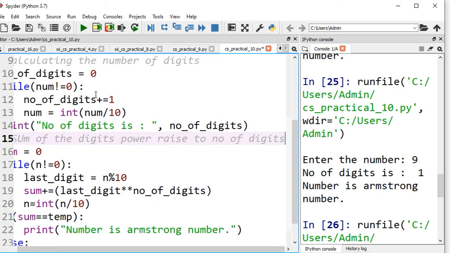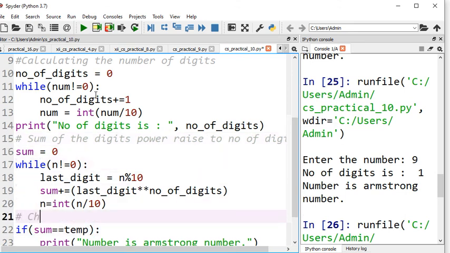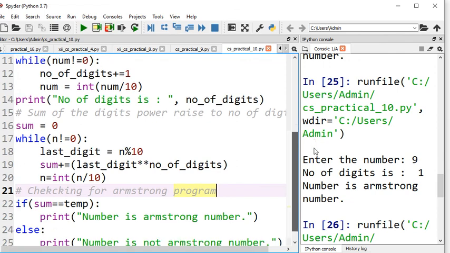So this is the second portion, and here we are checking for Armstrong number. So this is the complete program. I have already explained and shown it running. So that's all in this program.